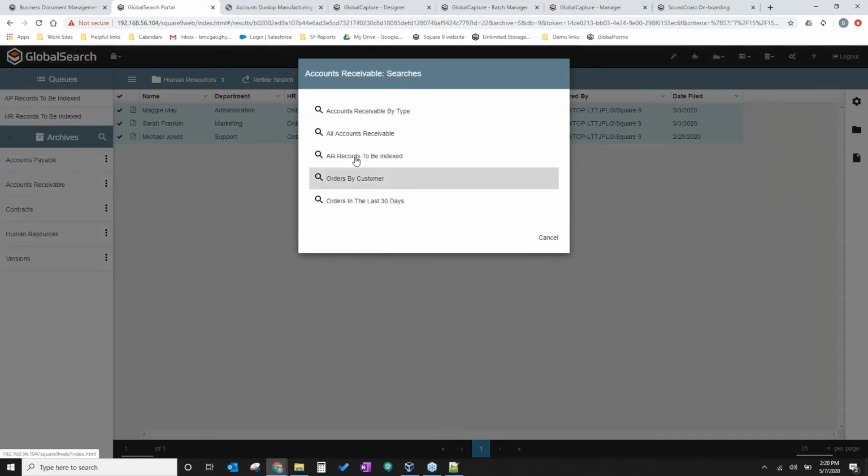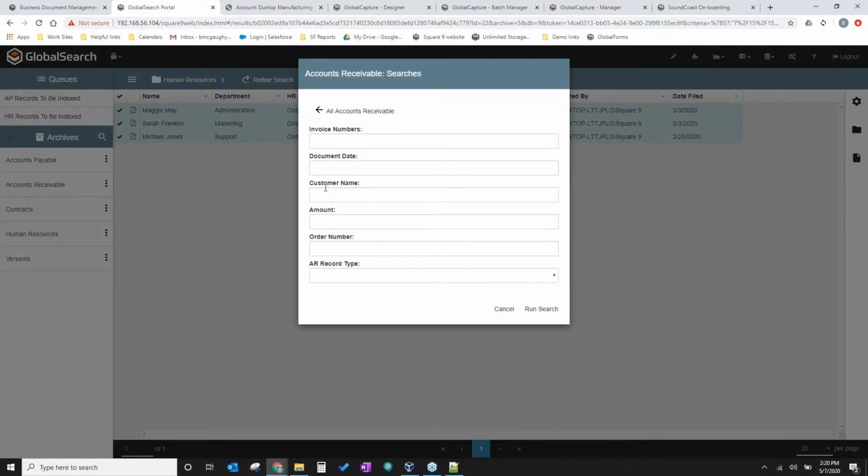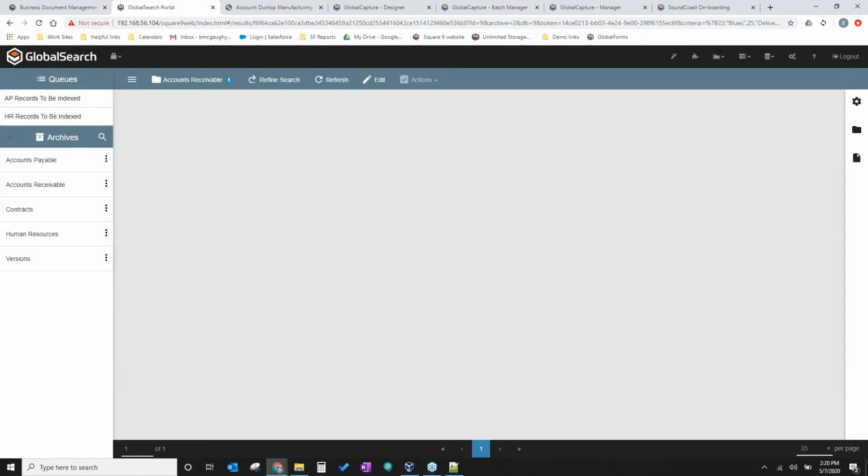So within accounts receivable, I always think about, I've had a customer that called me up. There was Blues Note. They're telling me that they have a particular delivery where they did not receive a particular item, right? So I can do a search, and the one I just did was I just put in half of the customer name. I just typed in Blues, and then I told it, just pull me back all those delivery receipts. The customer didn't have an order number in front of him. He couldn't give me that information, so I could narrow that search down.